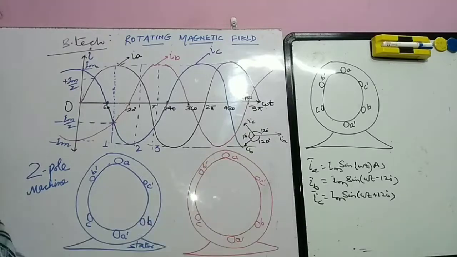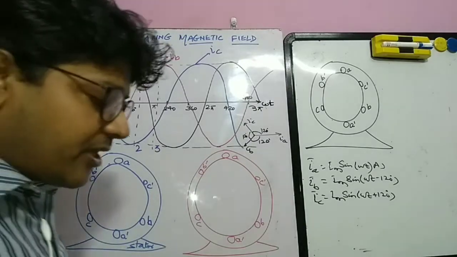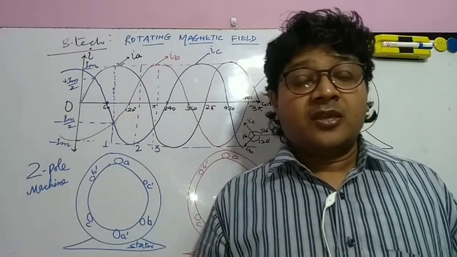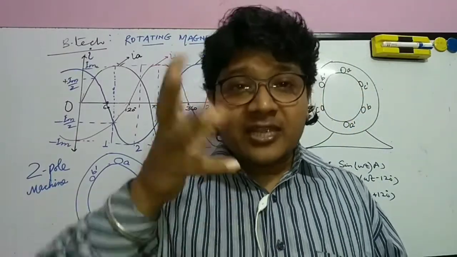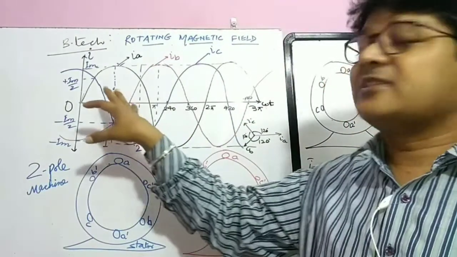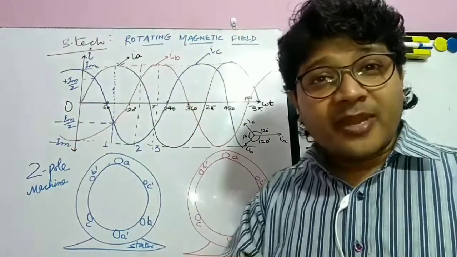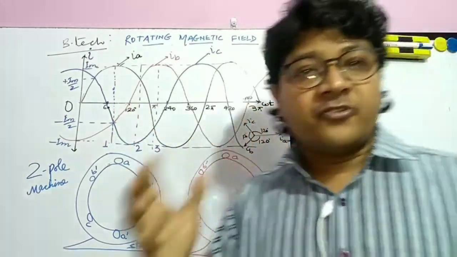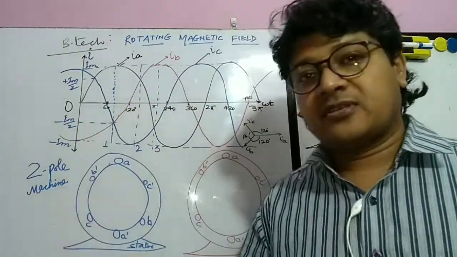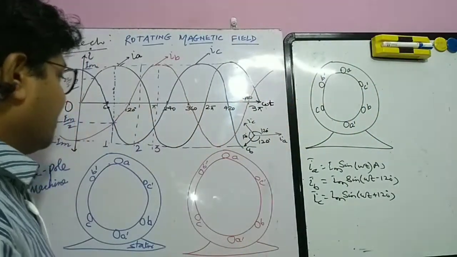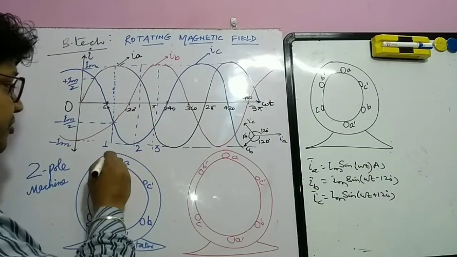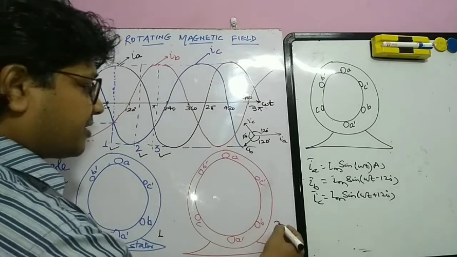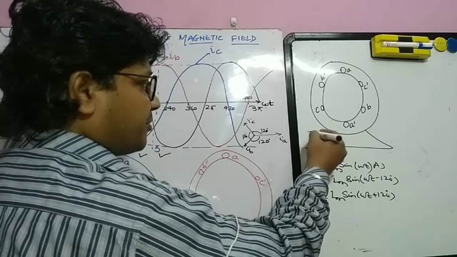The objective now is to find how the magnetic field rotates, and what the relation is between the rotation of the magnetic field and this current, whether the magnetic field moves with the movement of the current or not. We will observe each and everything. First, we are going to take three positions: position number 1, position number 2 and position number 3.